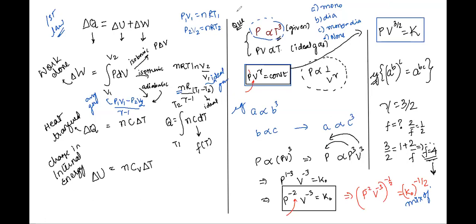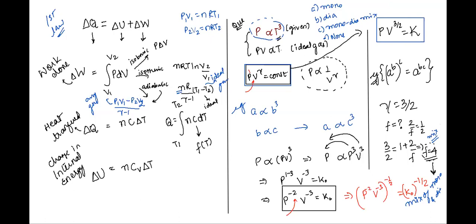Think about it. What should be the answer? Is it a mixture of mono and di? Mixture of mono and di. Sure. Why? Explain it to everyone. Because the degree is neither of monoatomic nor of diatomic, but it's between mono and di. So it's a mixture of mono and di, right? So it's a mixture. Great.